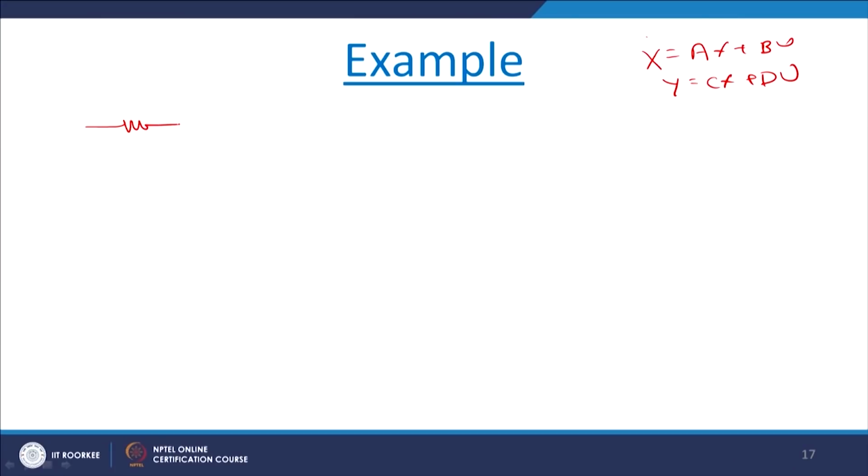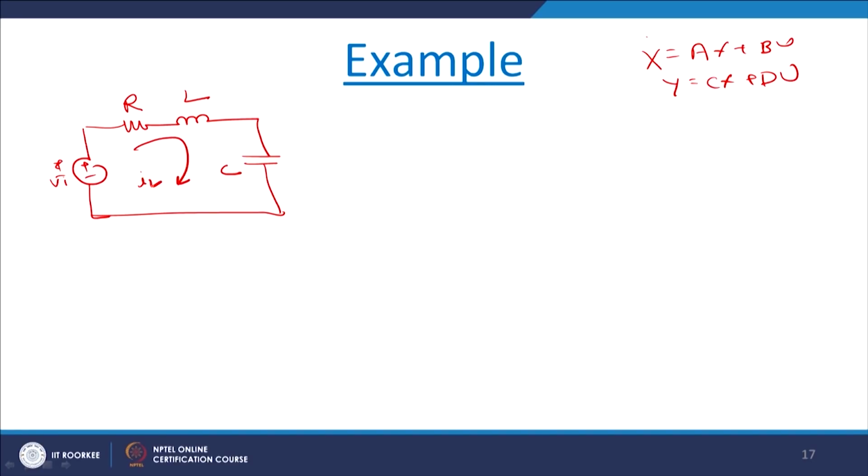This is a simple circuit. This is input Vi, this is R, this is L, and this is C. I can write plus minus here, then this is input Vi. Now assume that one current IL is flowing through the circuit. As I told you, our purpose is to develop a state space model. So as per the theory of electrical engineering, first of all we write the differential equations of this circuit.